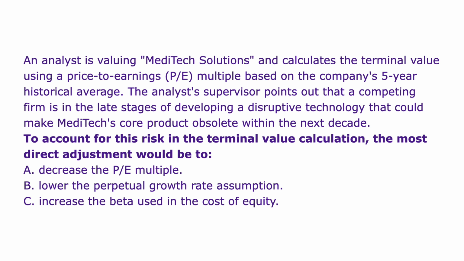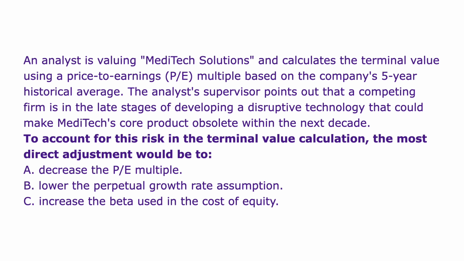An analyst is valuing Meditech Solutions and calculates the terminal value using a price earnings (PE) multiple based on the company's 5-year historical average. The analyst's supervisor points out that a competing firm is in the late stages of developing a disruptive technology that could make Meditech's core product obsolete within the next decade. To account for this risk in the terminal value calculation, the most direct adjustment would be to